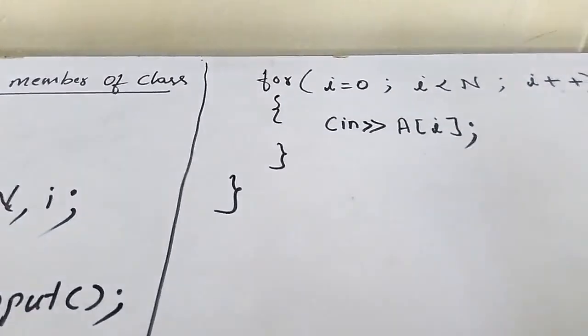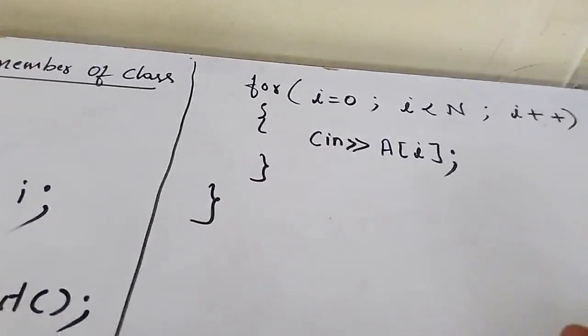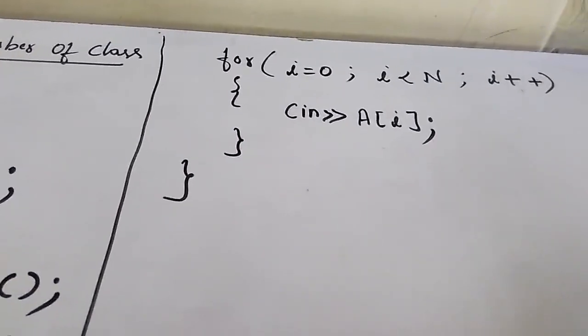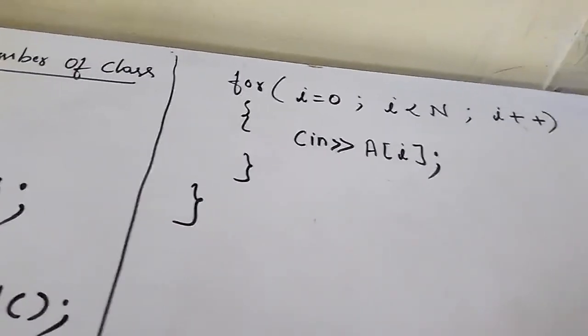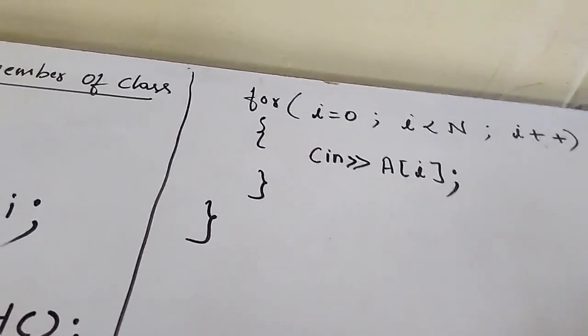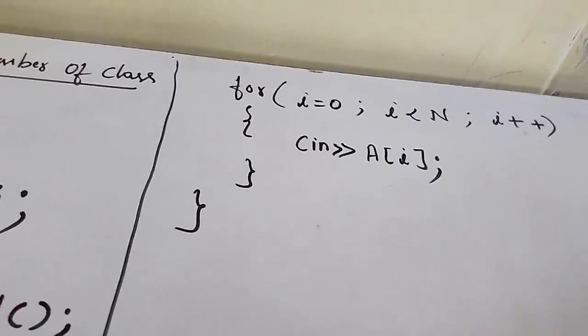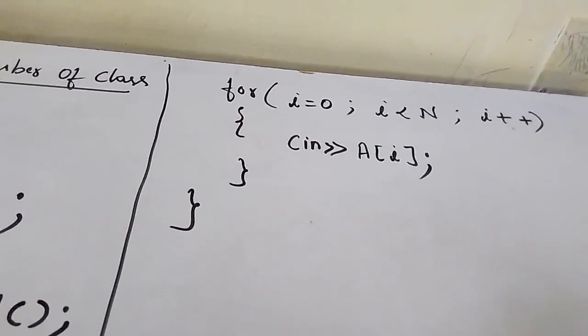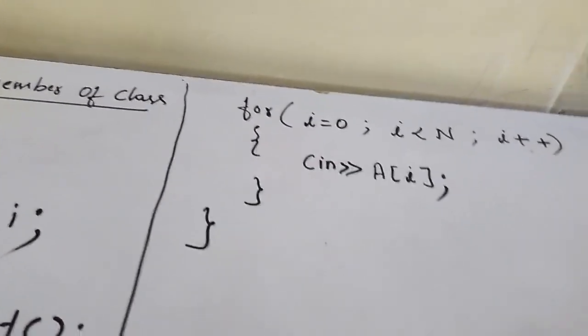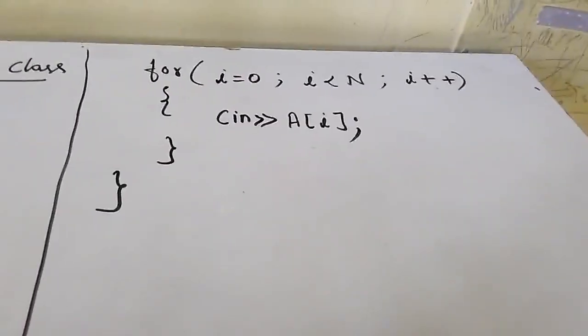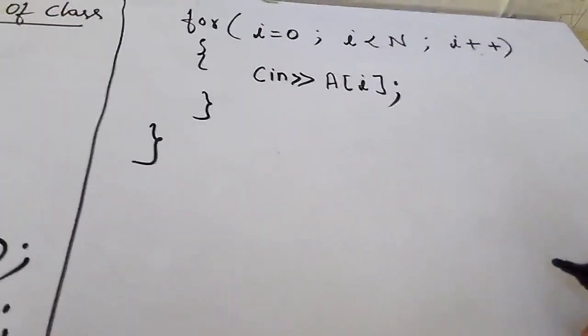If you define it inside, it won't execute as an inline function. It shows some warning here. If you want to go ahead with that, it will be executed as a normal member function. That is, if you define it inside, it won't become inline. Then will it not execute? It will execute, but not as an inline function, as a normal member function.